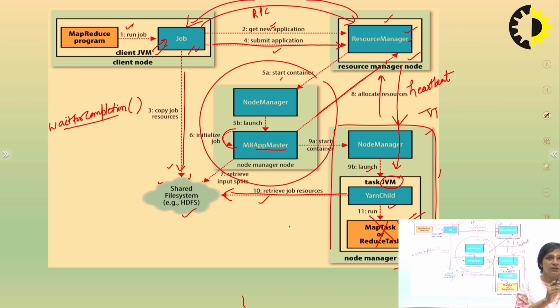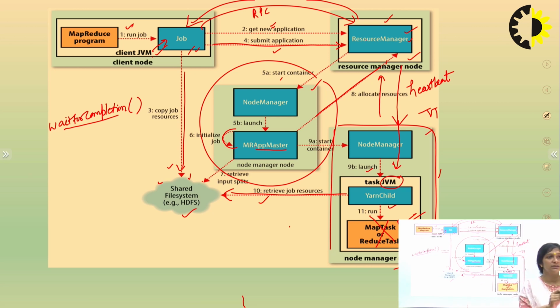Now, who will process it? The resource manager will process that particular input split. Actually it doesn't process, it will be processed in the data node, but the resource manager is the master node. It will command the task tracker. Now the resource manager retrieves the input split from HDFS with the help of this process.